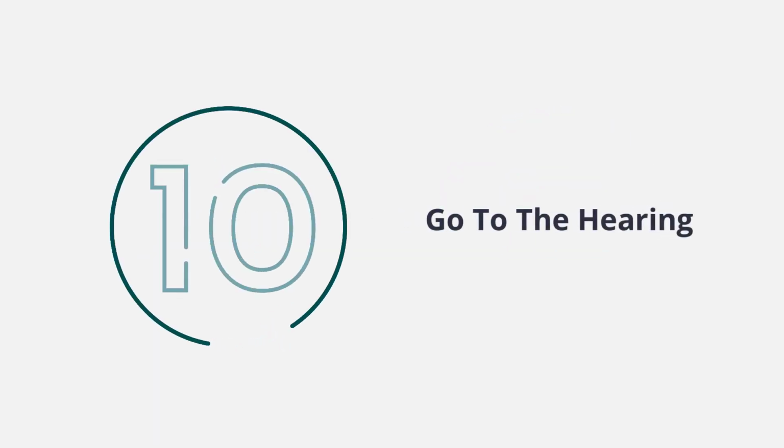Step 10. After you file the answer, the court will assign your case a hearing date. At this hearing, the court will hear your case. You must go to court on the day assigned by the court. If you absolutely cannot show up to the hearing on that day, you must file a motion for continuance to ask for another date. You must have a good reason to move the court date. The court does not have to give you a new court date just because you ask. Having to work is usually not a good reason to move the court date.